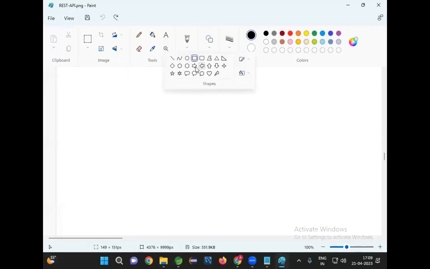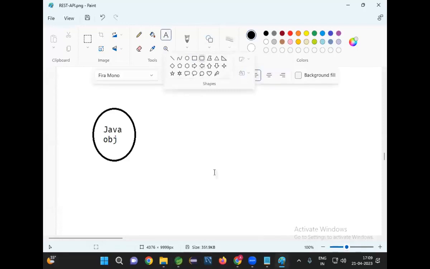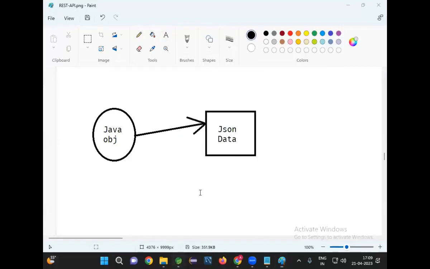Whatever data is available in the object, I want to convert this Java object into a JSON document, JSON data. To JSON file. Perfect. So in order to do that conversion,